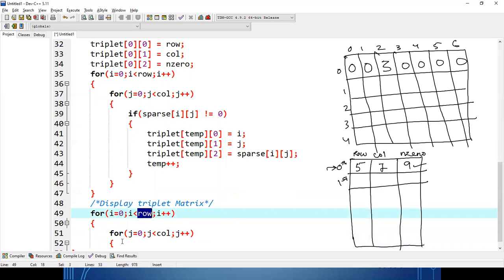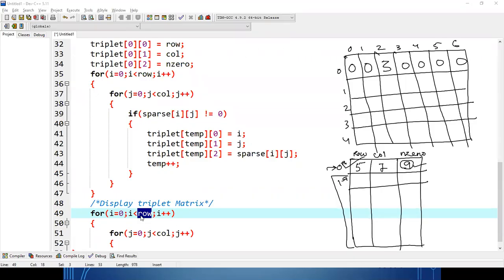First of all, what is the total number of rows in the triplet matrix? That depends on the number of non-zero values. Earlier I discussed that if there are 9 non-zero values, then 9 details will be present here, plus 1 row for the details of total rows, total columns and total non-zero. So it is non-zero plus 1.